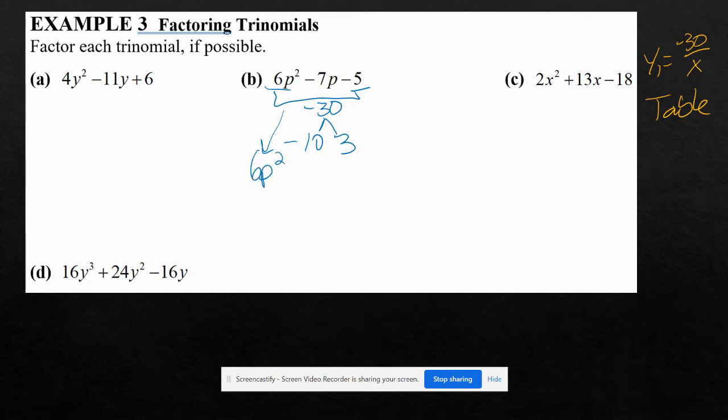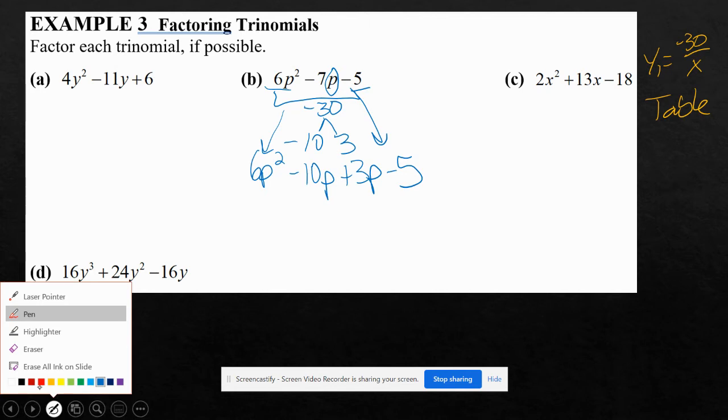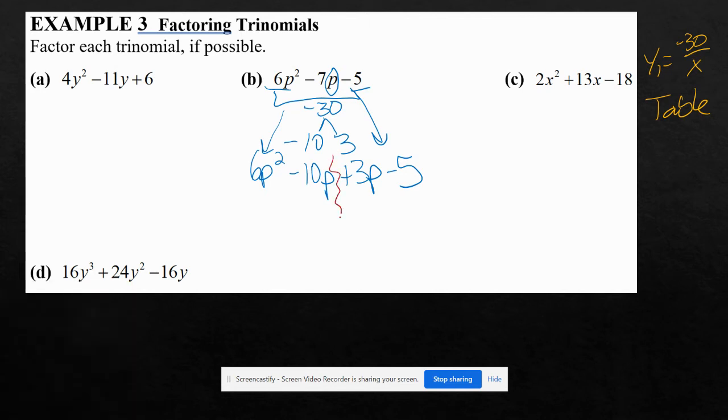Bring down 6p squared. This is a p to the first, so minus 10p. That's a positive 3, so plus 3p. And bring down that last term of minus 5. From here, we're splitting in half. Our GCF on the left side is going to be 2p. Leaves us with 3p minus 5 plus